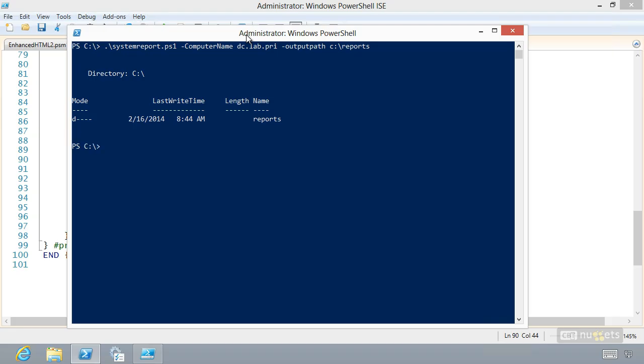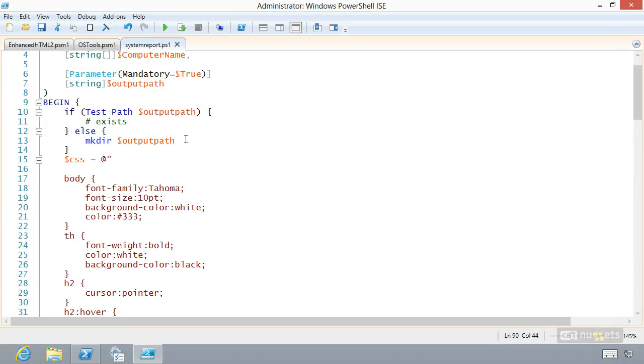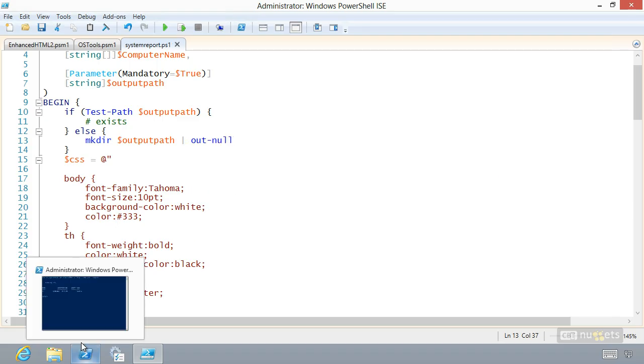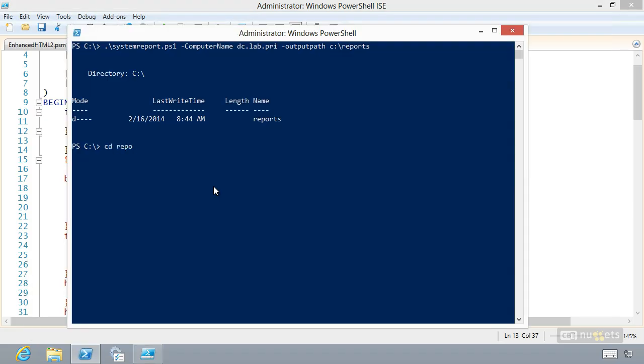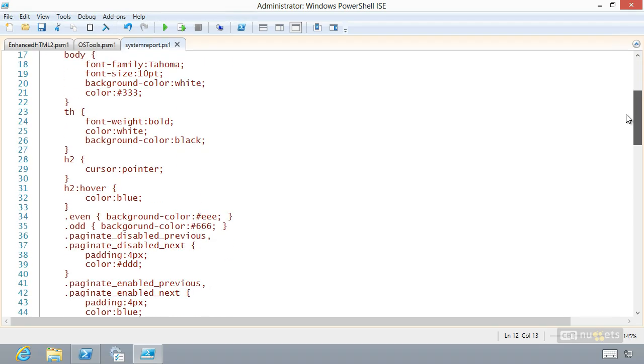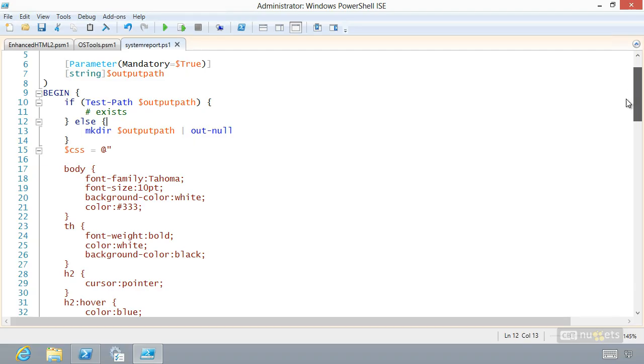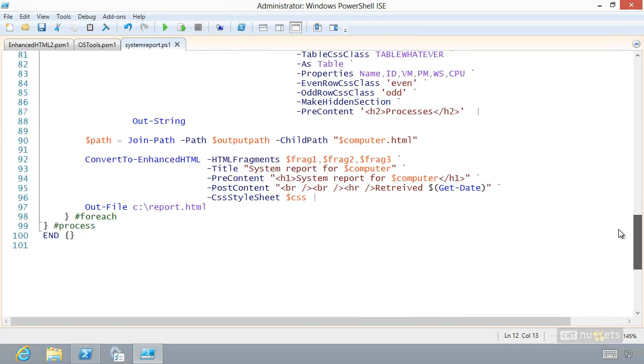So it created the directory. You know, I'm not crazy about that showing up, so let's go up to that make directory command and pipe that to Out-Null. I don't want to see that again. Don't ever show me that. Let's go into there, reports, and we got nothing, so that means it didn't work, and this is where we start debugging. This is why this is such a great exercise to do. I've already got cmdlet binding in there, so debugging will work already. Let's see. It did create the path, so we know all that's working. What we need to do is figure out,